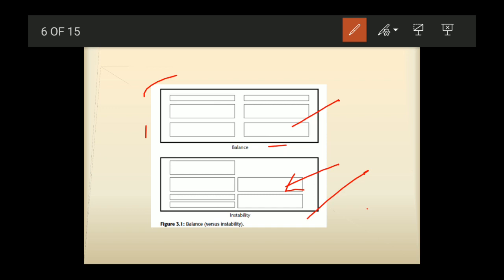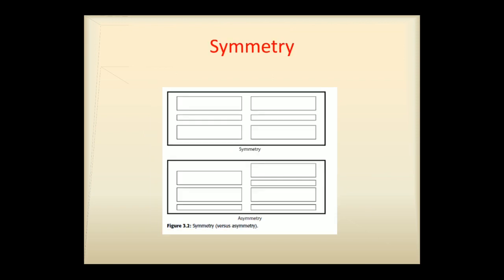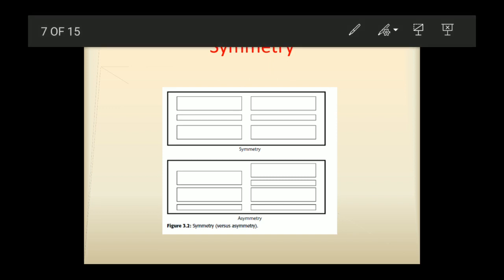So the next characteristic is symmetry. So we must try to create symmetry by replicating the elements left and right of the screen center line. It's illustrated in figure 3.2, wherein symmetry is axial duplication. A unit on one side of the center line is exactly replicated on the other.